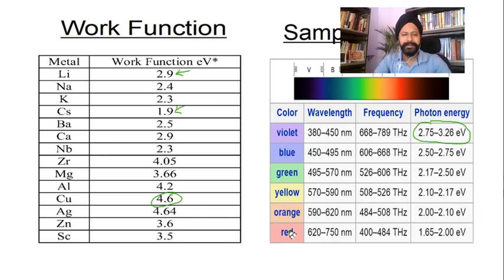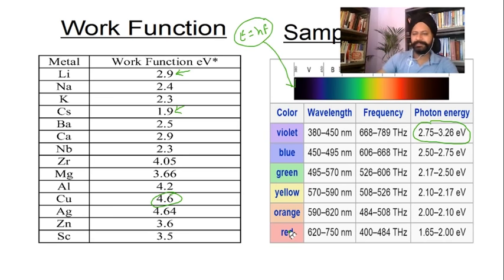So this number on the left, the work function, tells you the minimum energy that is needed to release an electron. Then you go to the chart and see which light works. Even red has many frequencies, right? So you look for a particular frequency which has at least that much energy, and that is governed by the photon energy equation, h times the frequency. That is the energy of a photon, and it is being used here to create this table.